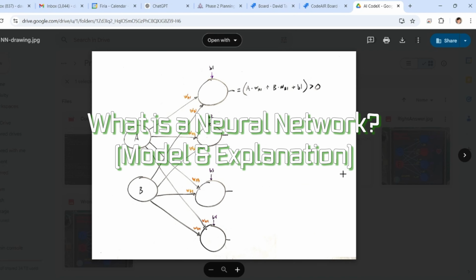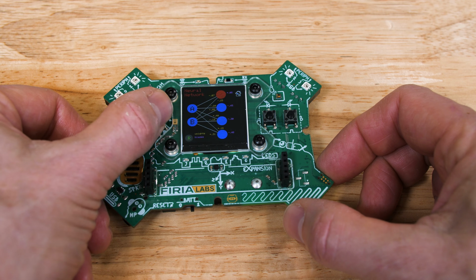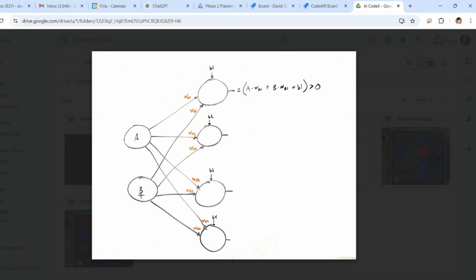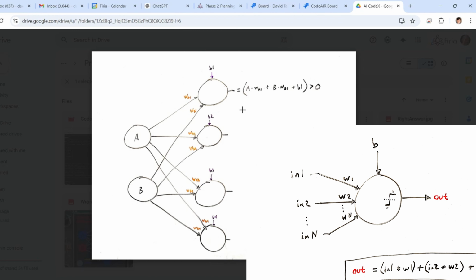So our network in the Codex is made up of a first input layer of 2 neurons. They correspond to buttons A and B. Button A is either 1 or 0. It's either on or off. Button B, same way, 1 or 0. And then that input value will be multiplied by the weights at each one of these 4 output neurons. The 4 output neurons work the same way. They've got multiple inputs coming into them and 1 output, just like the example we showed before.